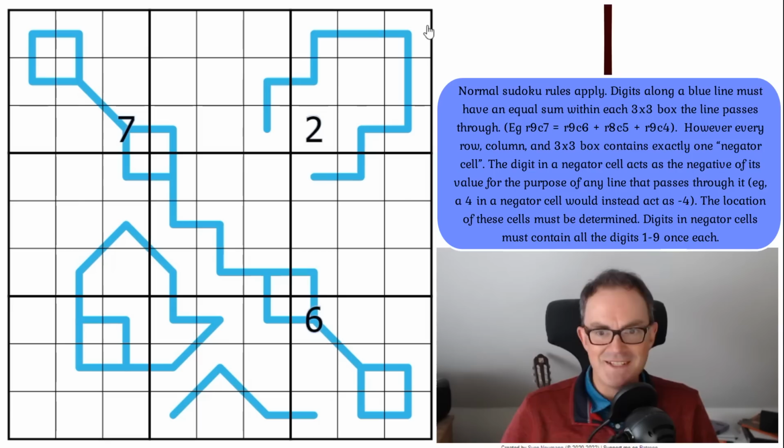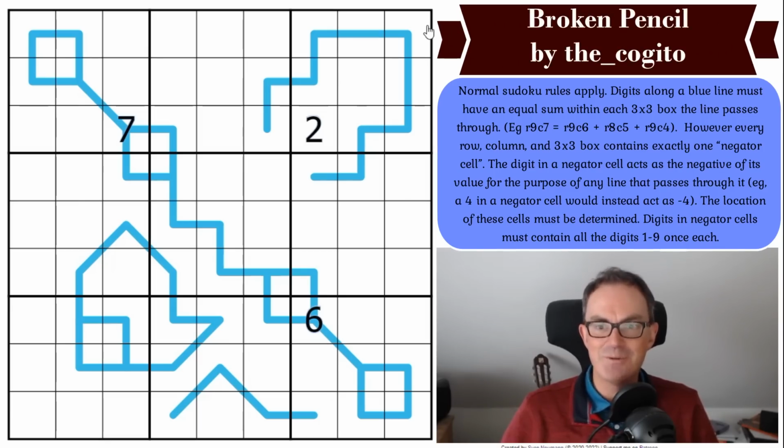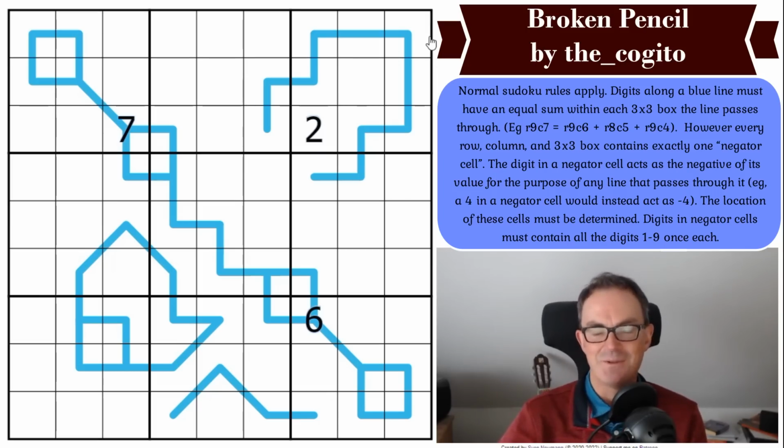Now, I can resist it no longer. Let us see what the broken pencil has got in store for us, and I will read you the rules. Normal Sudoku rules apply. Digits along a blue line must have an equal sum within each 3x3 box the line